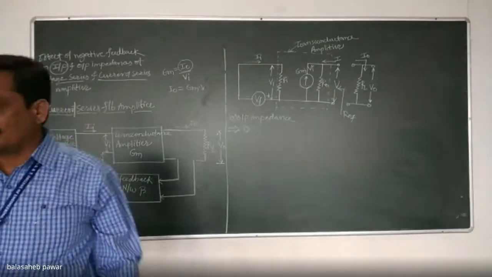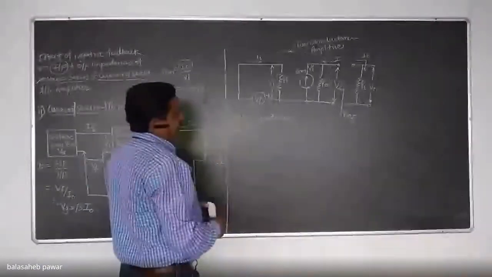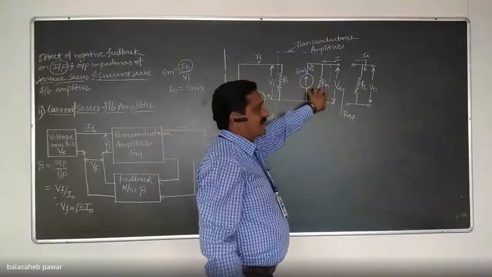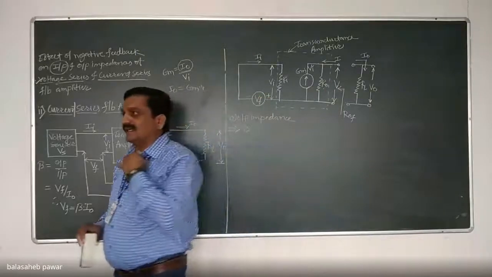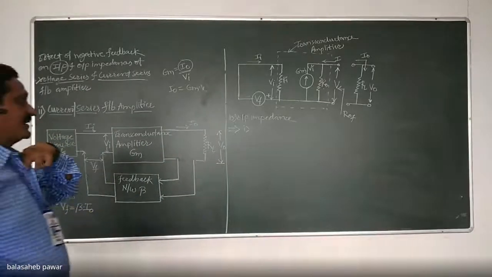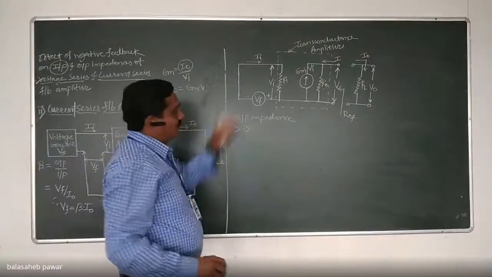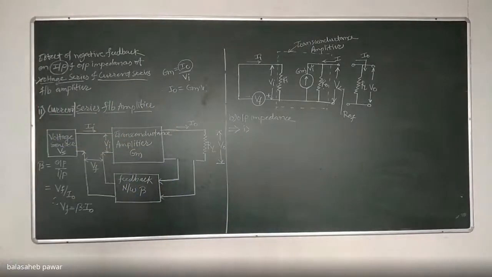If you want, just take the screenshot and immediately we will start the analysis. Now see, in our previous topology, as the output was in terms of voltage, the first line we mentioned was: by applying KVL to the output loop. Now, in today's topology, what is the output? The output is in terms of current. So which law should be there?